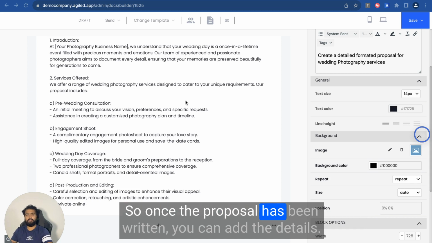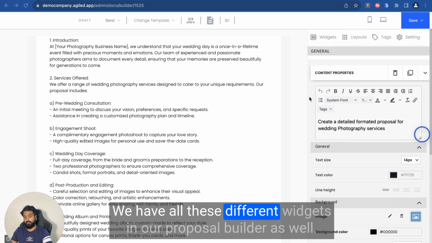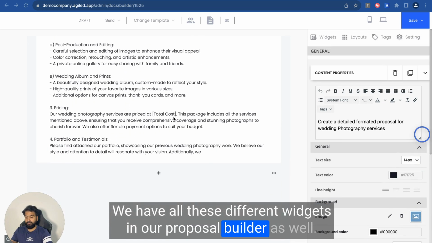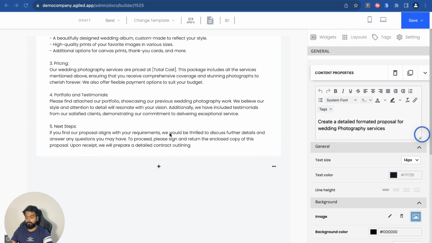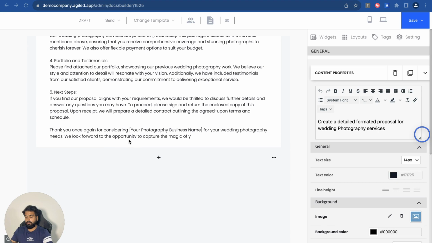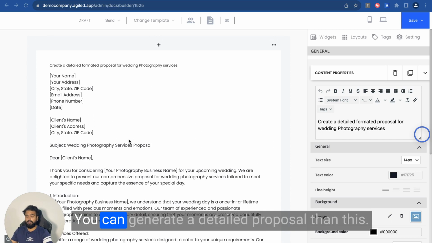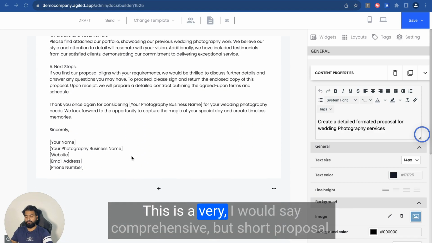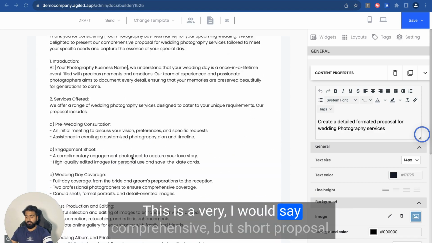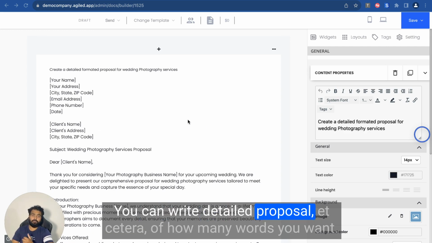So once the proposal has been written, you can add the details, you can add your images, etc., whatever you want. We have all these different widgets in our proposal builder as well. So this is a proposal. You can write a different prompt. You can generate a more detailed proposal than this. This is, I would say, comprehensive, but short. You can write a detailed proposal,